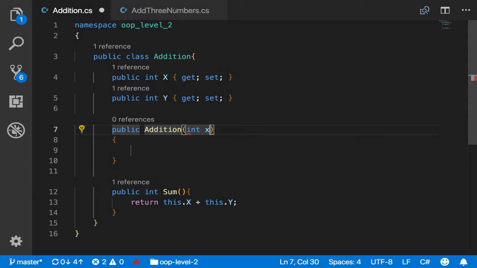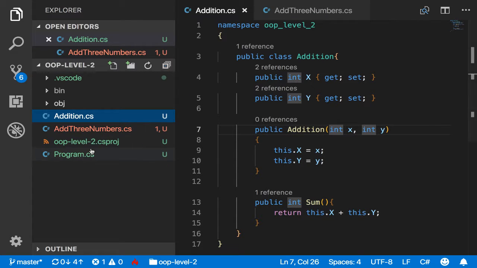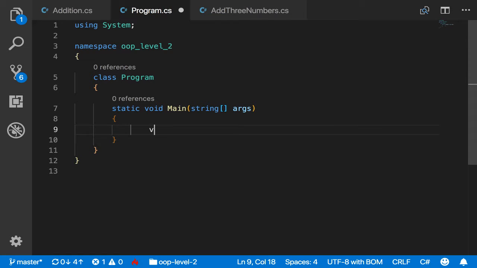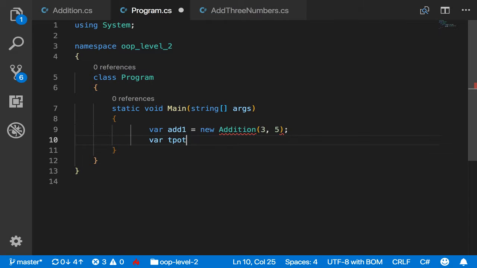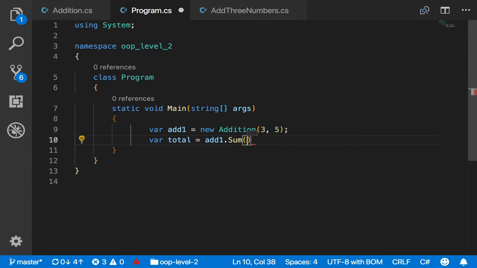Addition, int x, int y. this.x equals x, and this.y equals y. And over here inside of our program, add1 equals new addition, 3 and 5. Total equals add1.sum. Cannot type it all today. The value of total would then be 8. Okay. So now if I wanted to come down here,